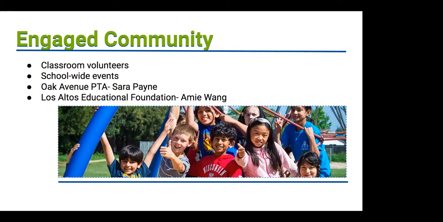This is also my 6th year on the Project Cornerstone committee. So that's just to give you an example. The staff, teachers, and families are all very supportive at Oak, and I would just echo everyone's sentiment around what makes Oak is really the people, the families, the community, the teachers and staff. And what we have really come to love about Oak, beyond the community, is also the excellent and cooperative teachers. With both my children's experience, so now I have a 6th grader and a 3rd grader, I really